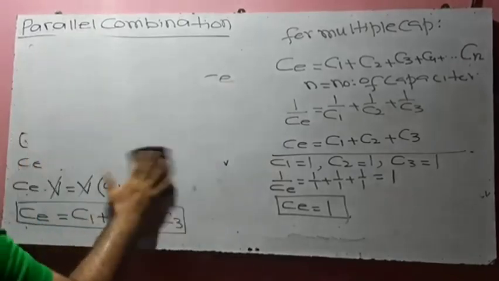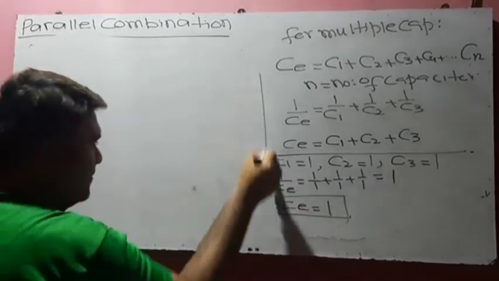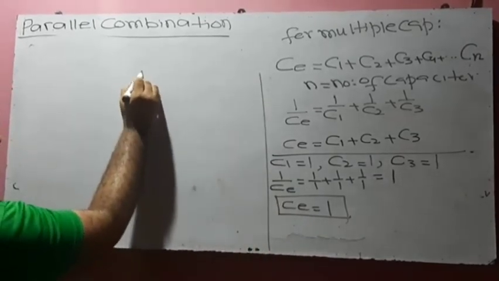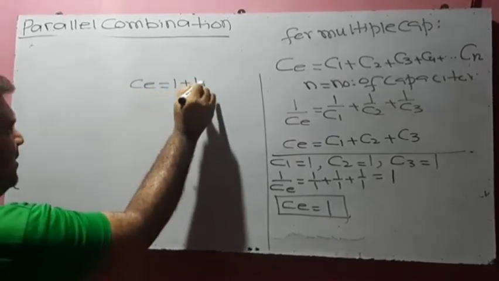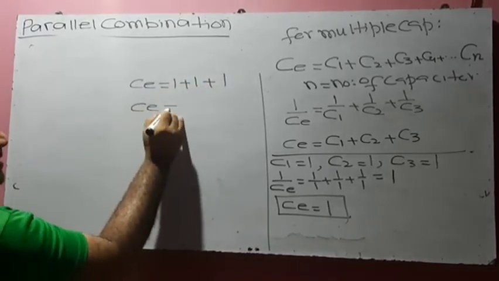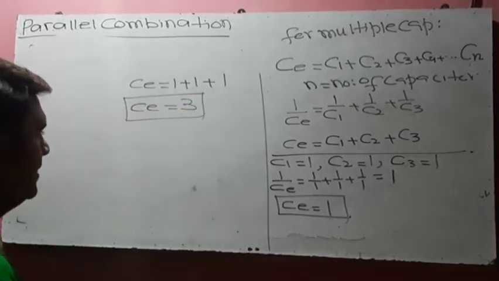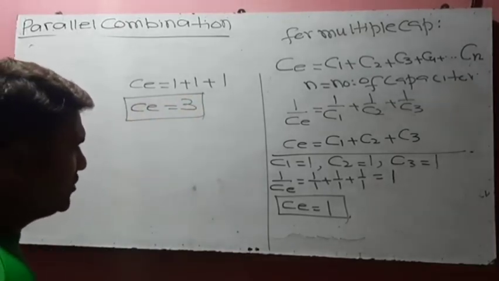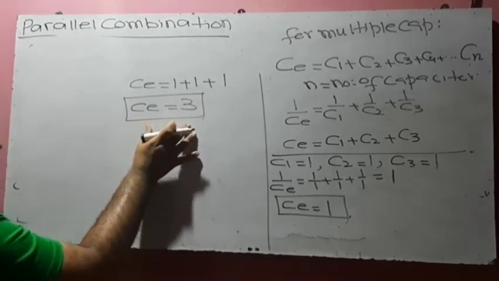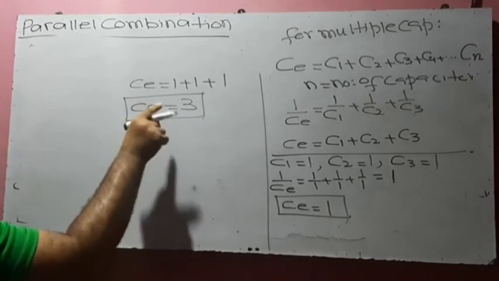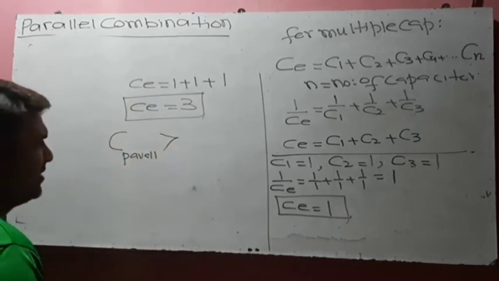Suppose these capacitors are connected in the parallel combination. So CE is equal to 1 plus 1 plus 1. So CE is equal to 3. If I compare the results, series combination and parallel combination, so the capacity in the parallel combination is greater than the capacity